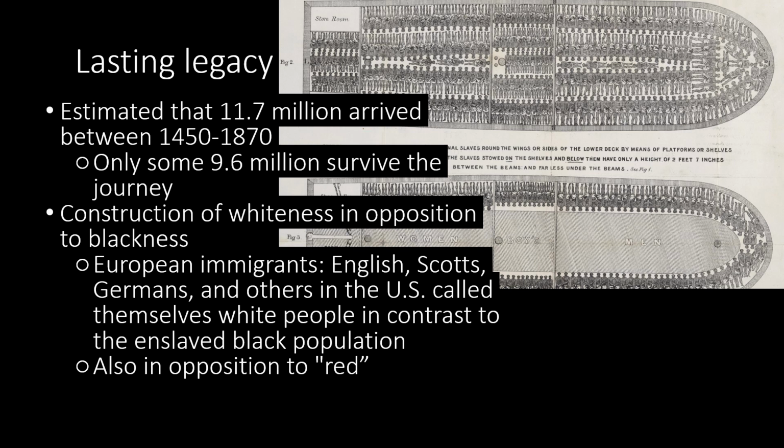Adding to that, you also have the construction of whiteness in opposition to redness, or in opposition to Native American groups. So very early on, you start to see this racial categorization and hierarchy begin to develop in the European colonies in a way that is somewhat similar to the Spanish caste system. Granted, you didn't have the exact same thing,